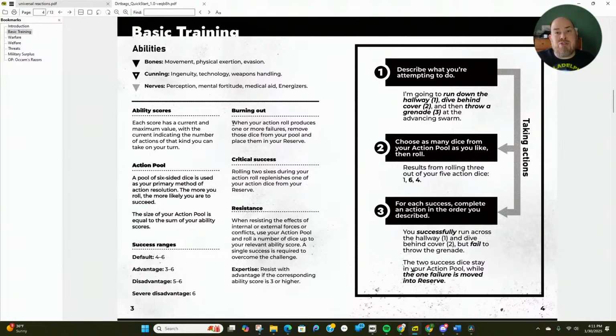I'm going to hammer the switch down. Well, that's the third one. Now you can roll as many dice as you want, but if you don't roll 3 successes, you're not going to make it through all those actions. So if you roll 2 successes, you're going to hurtle over,